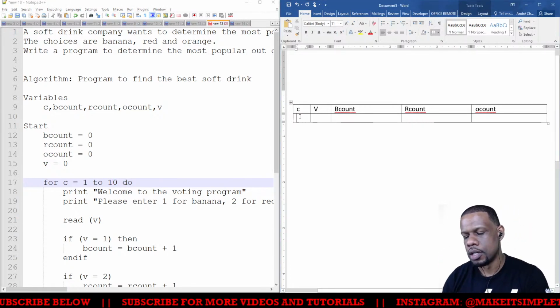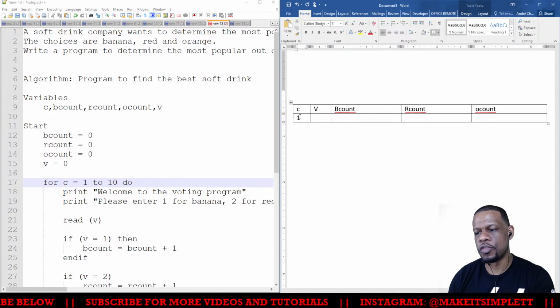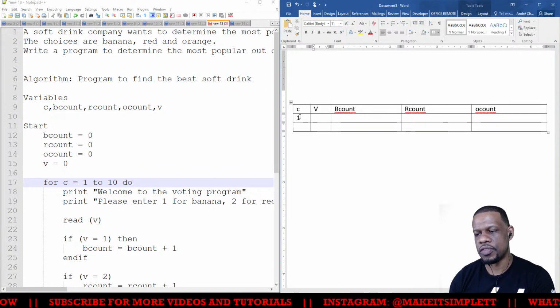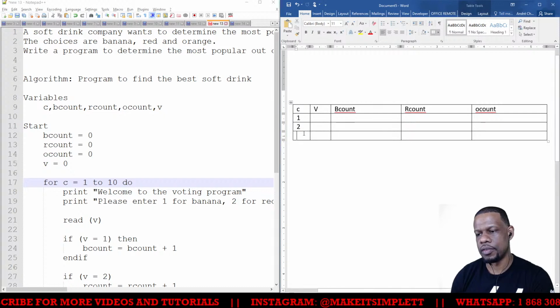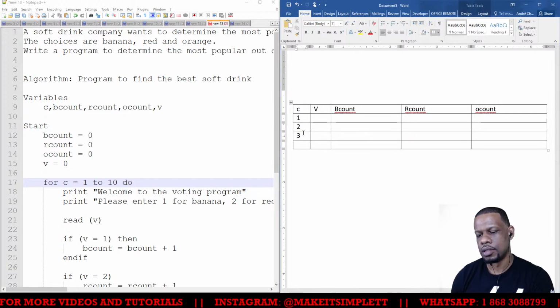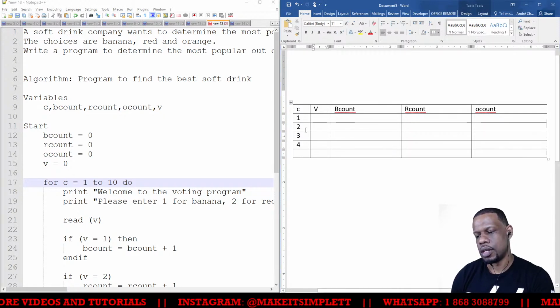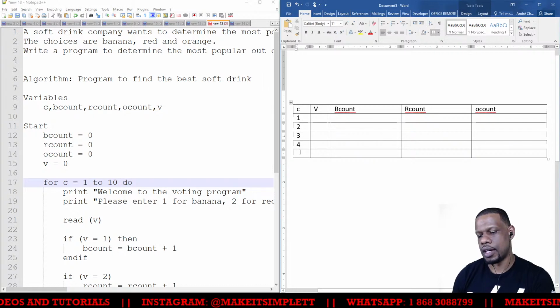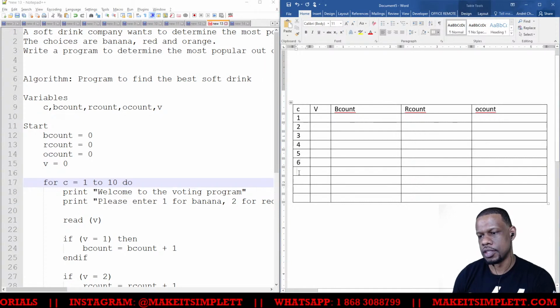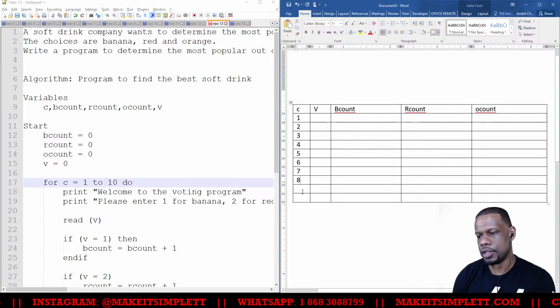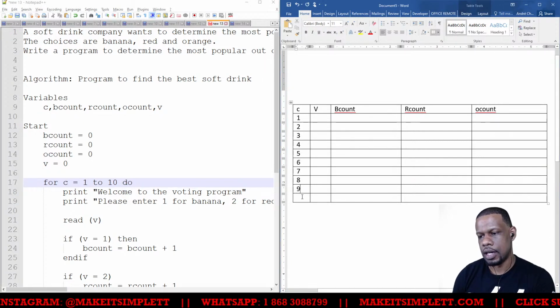All right, so basically the count is going to go from 1 to 2 to 3 to 4 to 5 all by itself, right? There's an easy way to do this, you know. 6, 7, 8, 9, and 10.